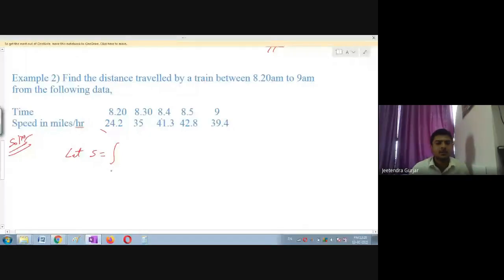Okay. So now I know two times are required. That is, I will take T1 and here T2. So I am going to find here first. I'll say this as, let S be the distance traveled. Okay. Then to find this distance, when I take the sum of all these values, that time with respect to